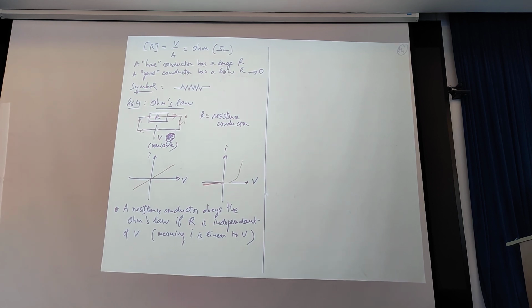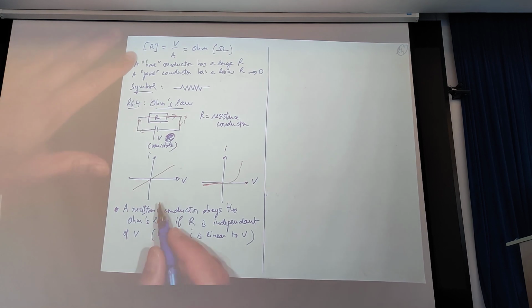So we say that a conductor, a material with a certain resistance, obeys the law of Ohm, or Ohm's law, if the resistance R is independent of the potential, meaning that the intensity, the current rate, is linear to the potential. So this is